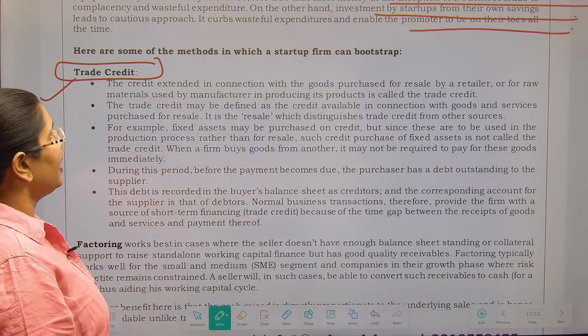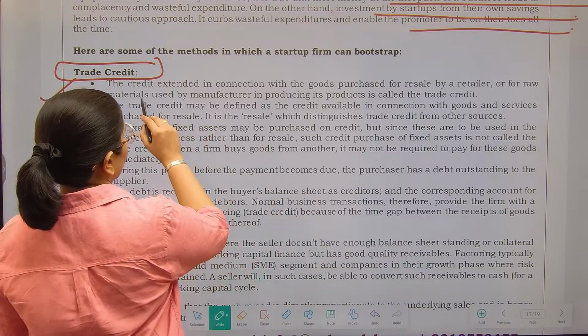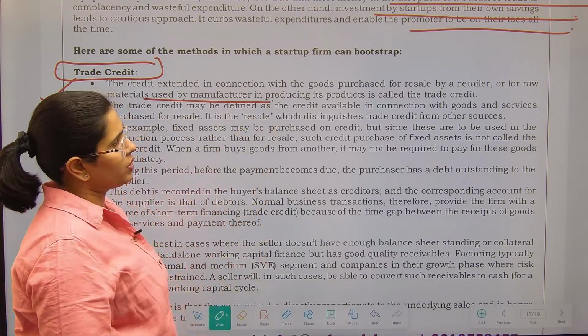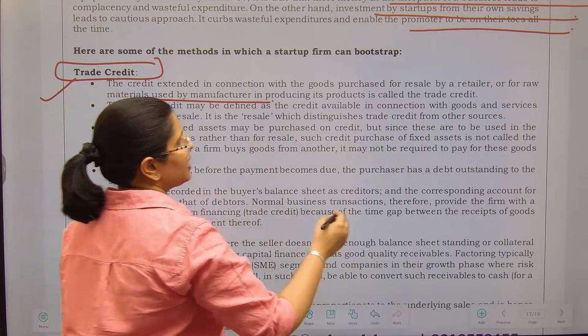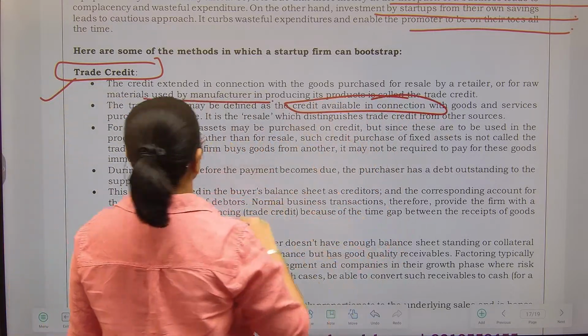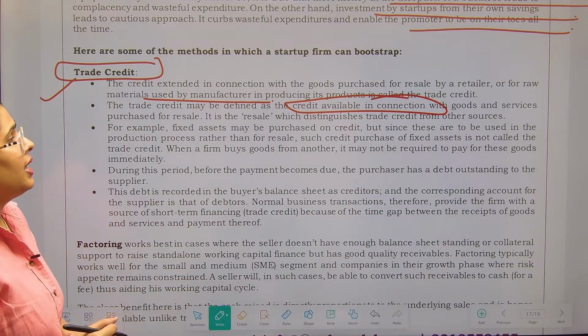Credit extended in connection with the goods purchased for resale by a retailer, or for raw material used by a manufacturer in producing its product, is called trade credit. Trade credit may be defined as credit available in connection with goods and services. For example, fixed assets may be purchased on credit, right? So,